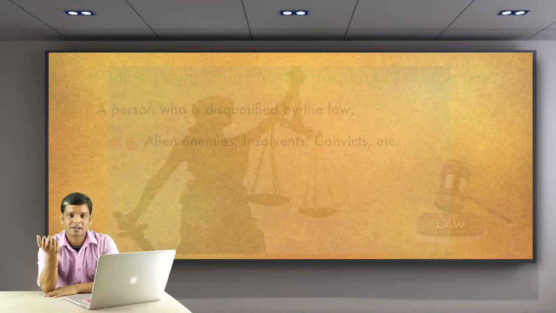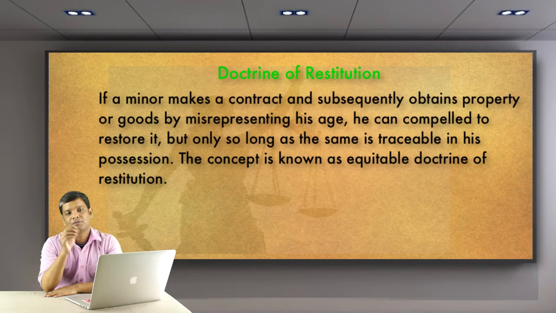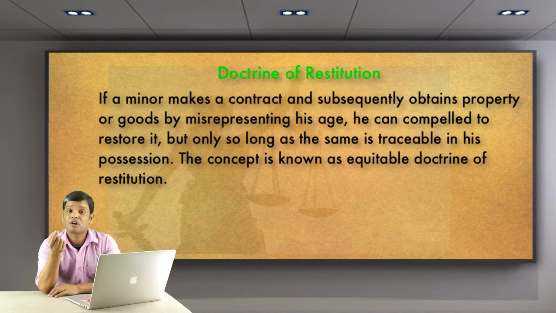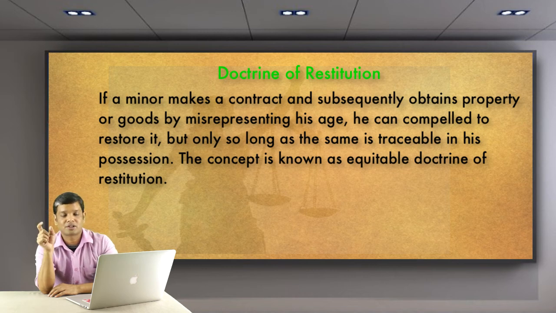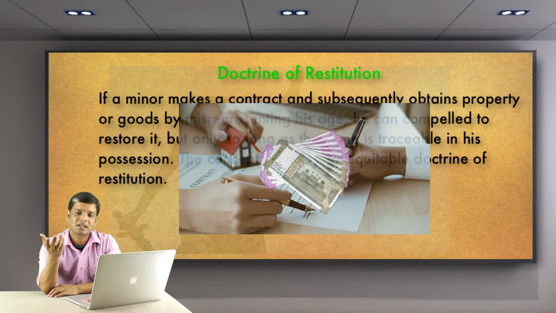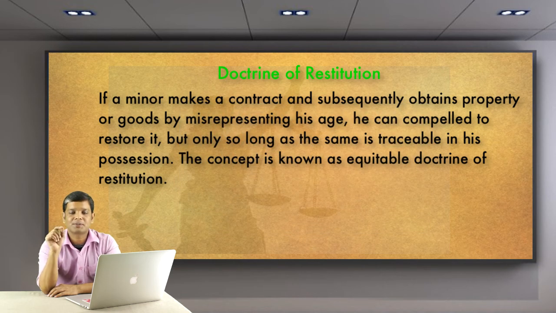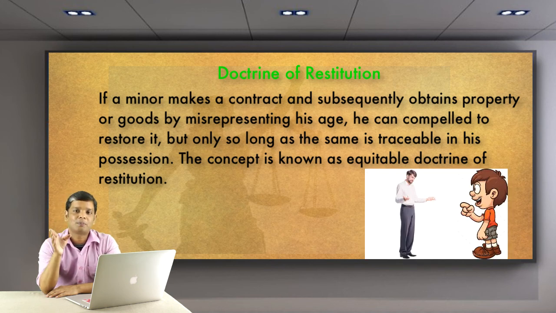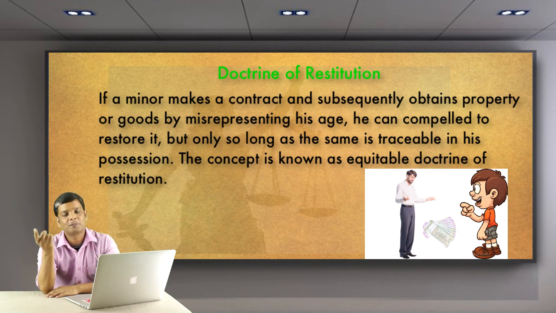Now we have the last point, a very interesting one, the doctrine of restitution. If you remember, you have studied the restitution of conjugal rights. So here we have the doctrine of restitution. What does it mean? Say you have contracted with a minor. He misrepresented himself, told you that he is a major, and you contracted with him. You were ready to buy his property, you paid the amount, like 50,000 rupees, but later one of the minor's close relatives claimed that it is not a valid contract because he is a minor. In this case, the court can give you restitution by asking the minor to pay your money, the 50,000 you paid to him,